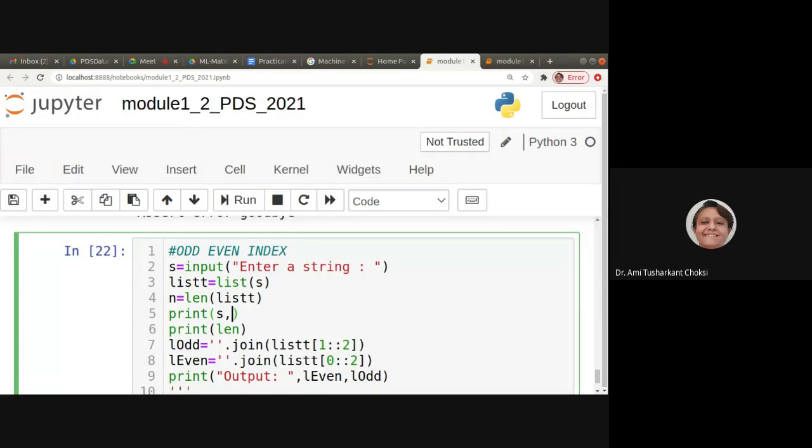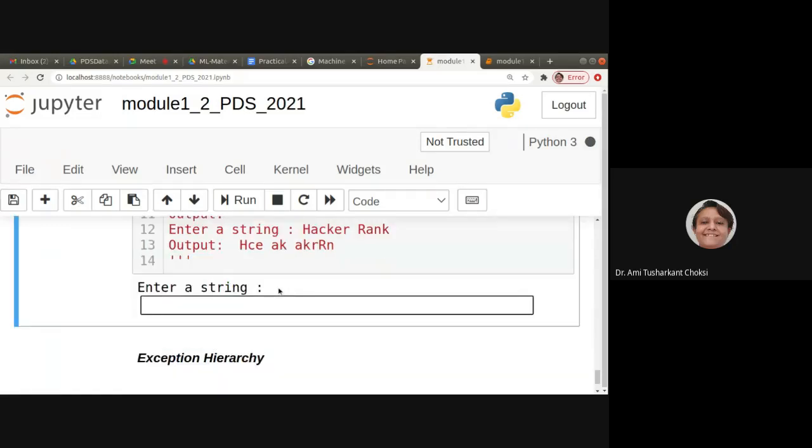Then after, let me print the list that is being created from our string. Say Amit, Shah Khan.